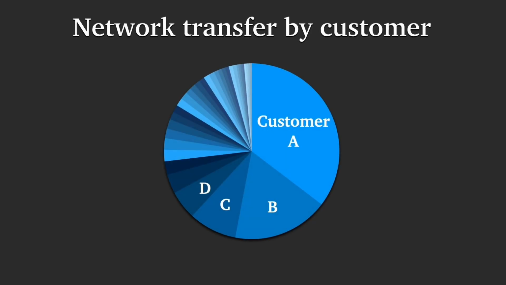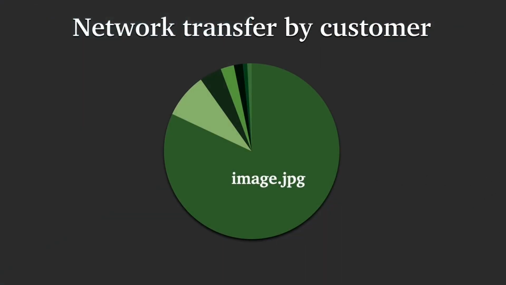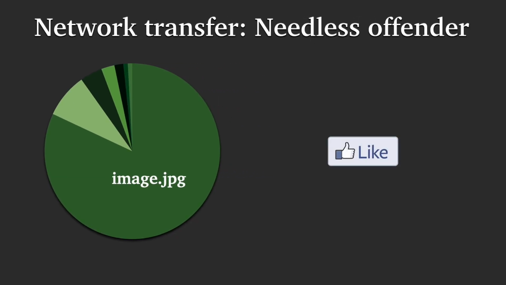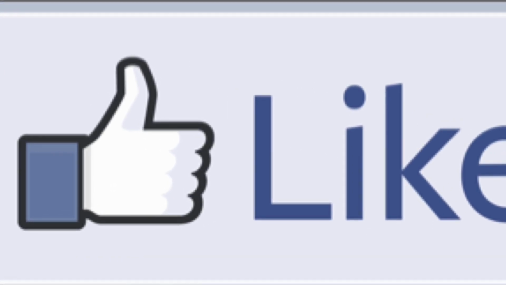The funniest example was a customer who at one point was the largest consumer of network transfer across our entire platform. They were using the most bandwidth. Now, they were paying $99 a month, but they were costing us thousands of dollars per month just in network transfer. So we looked into why this was happening. And we found that almost all the network transfer was due to a single image. What image? It was this tiny little Facebook like button, like a little thing in the corner of the website, except someone had blown that image up to the size of a mural that you would put on the size of a building and then saved it.